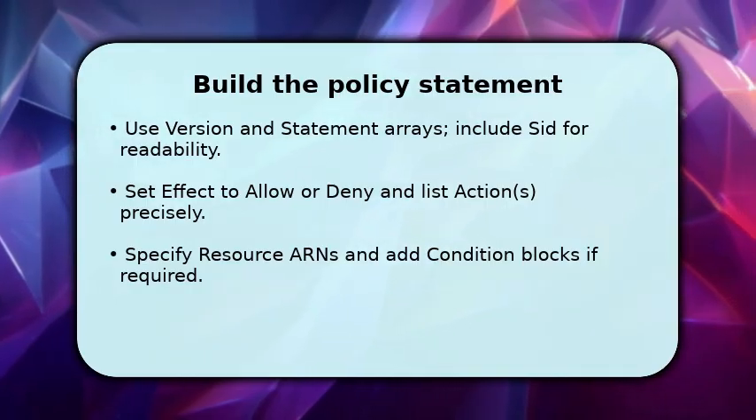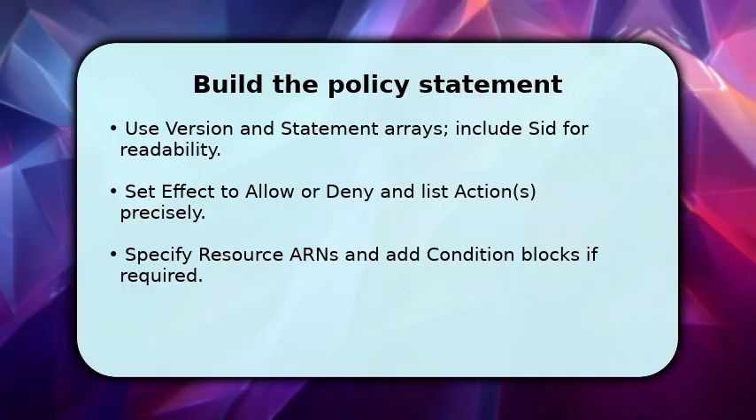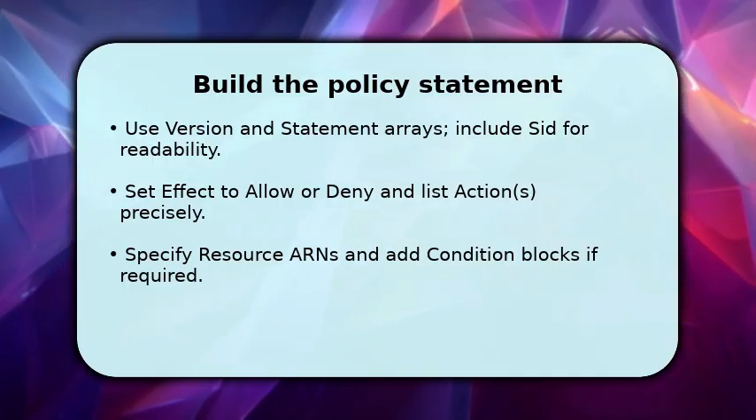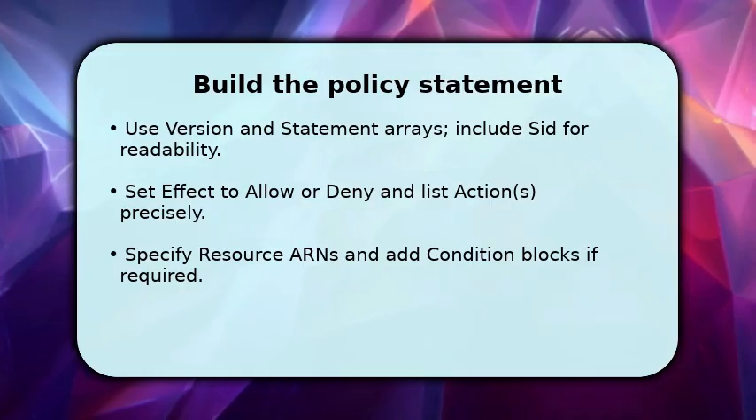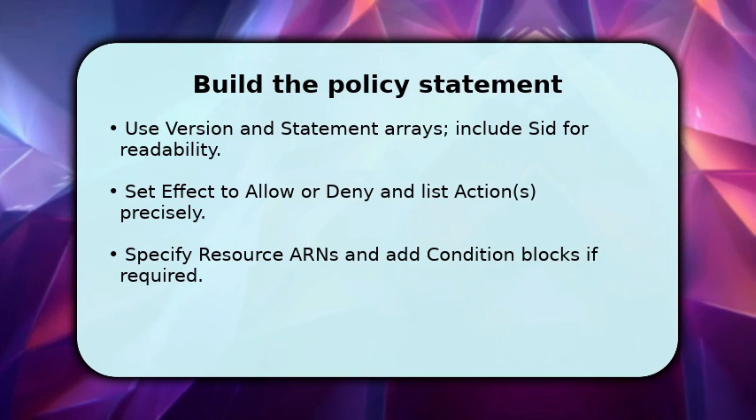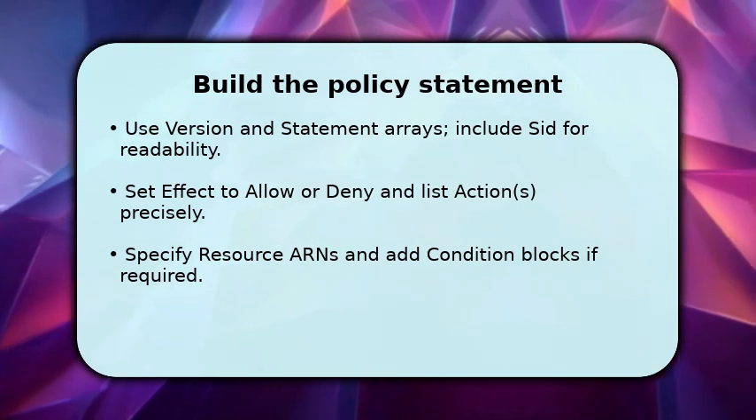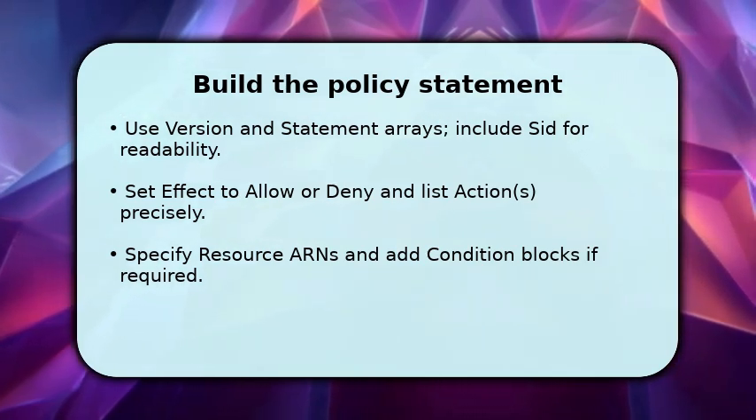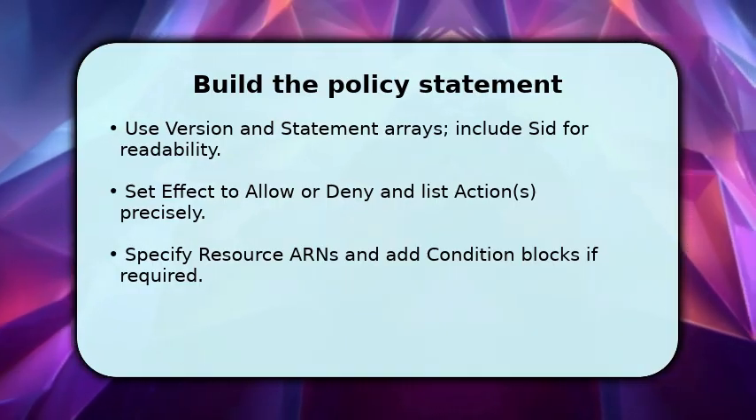When listing actions, be explicit. List only what the principal needs rather than broad patterns. If you need time, IP, or MFA constraints, add a condition block. Conditions act as guardrails. Once the JSON looks correct, validate it with your cloud provider's policy validator to catch syntax